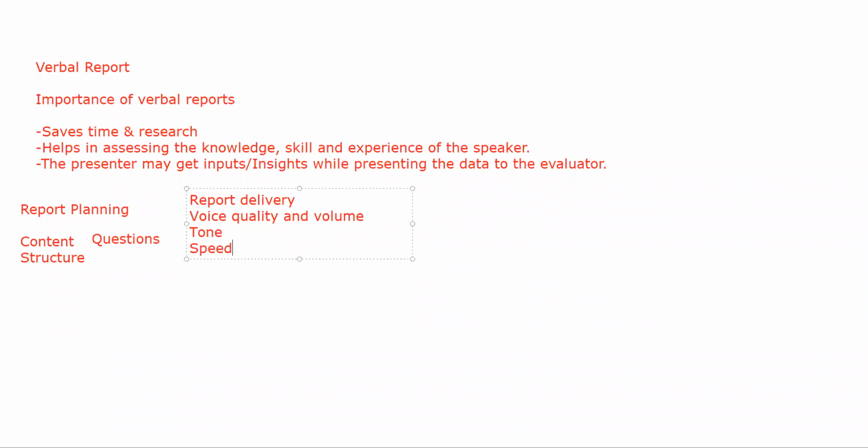Speed and fluency. Now, as I told you, if you keep lingering around one particular topic for a long period of time, generally the audience will lose their interest. And if you stutter in between, generally speaking, it will indicate that the presenter is unsure. I'm not talking about a lisp. Stuttering and lisp are fine if it is an innate problem.